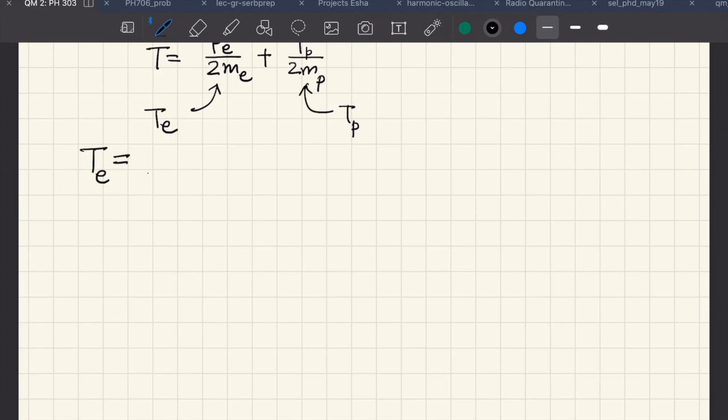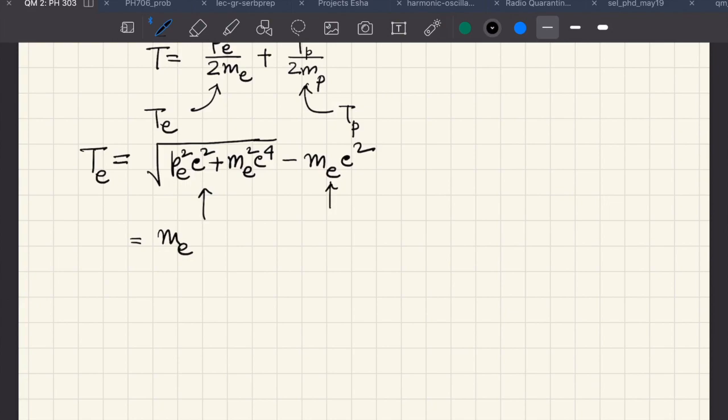Now we use the relativistically correct expression for the electron's kinetic energy, where the kinetic energy is nothing but the total energy, which is the square root of Pe squared c squared plus me squared c to the power 4, minus the rest energy. So that is my Te, minus me c squared. This is the rest energy, me c squared, and this is the relativistic total energy. And now what you do is this trick: this is me c squared,